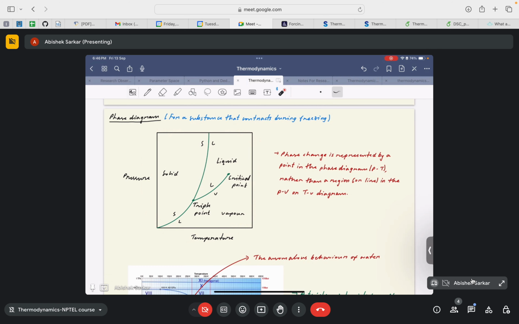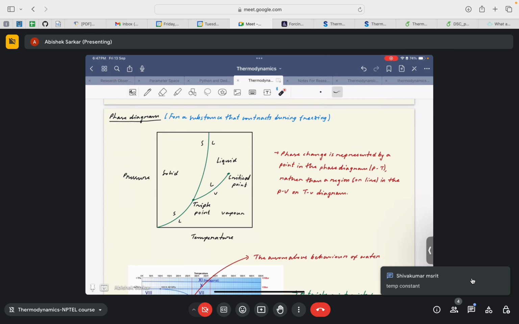So phase diagram, as the name sounds, is used to distinguish the different phases, and for that purpose only this diagram was devised. In this diagram, the phase change is represented by a single point. Why? Because you can see that the liquid-vapor region is separated by a single line. Of course, since they are below the critical point, there is a phase change occurring, but that phase change region is not